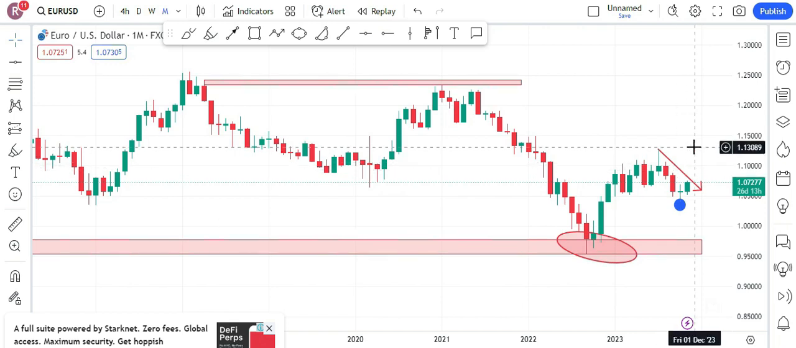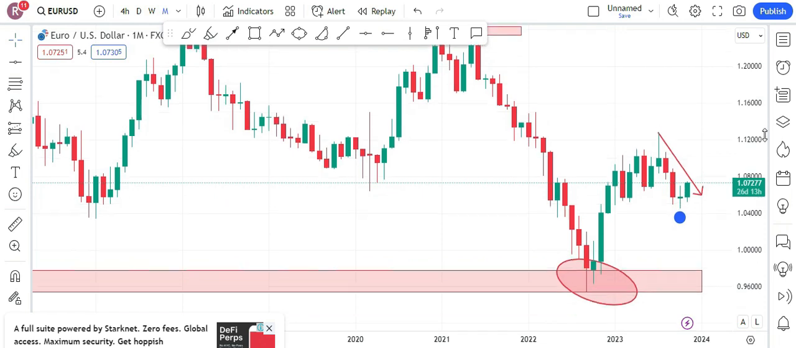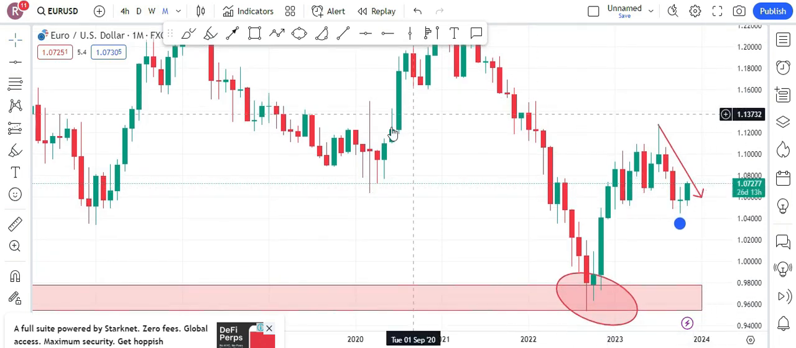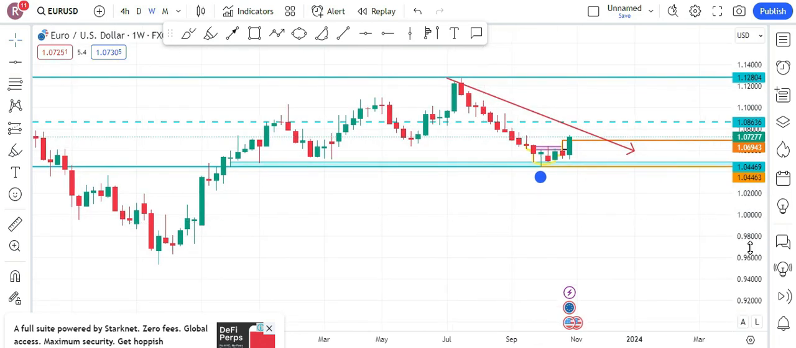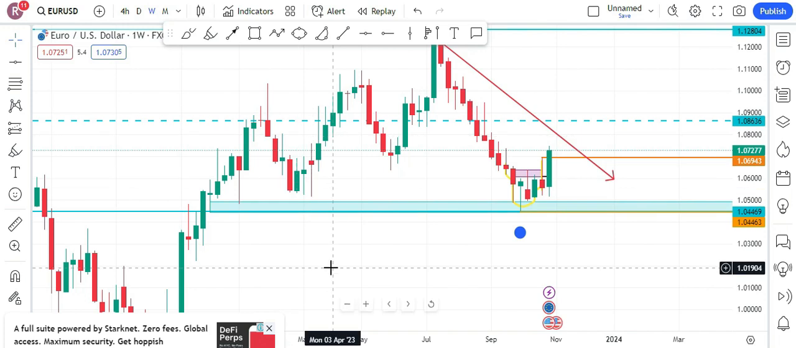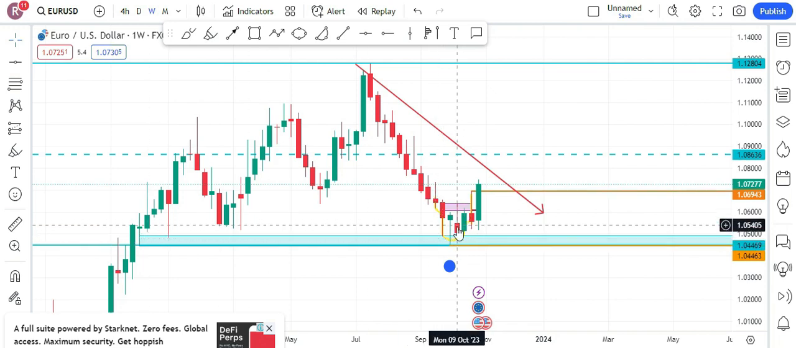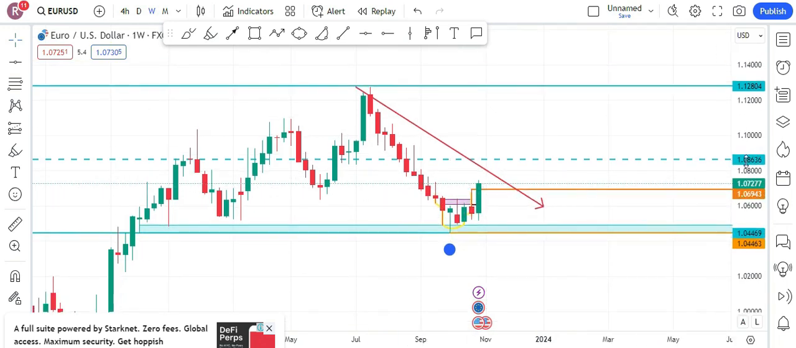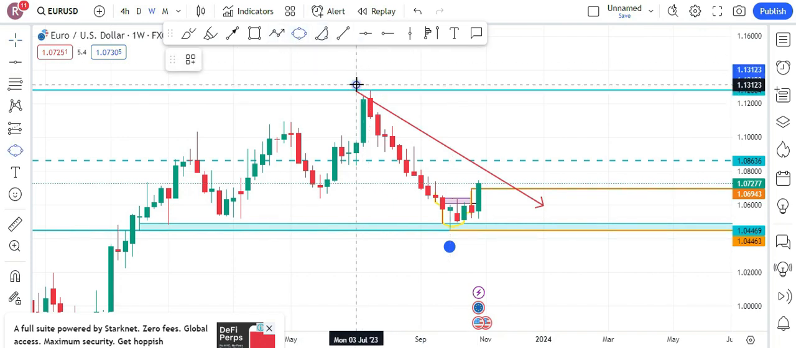Okay, so let's move on to the weekly time frame. Here in the weekly time frame, we can see that a double bottom has formed. This is the double bottom, and this double bottom created this upward move and the week range started. The top is here in the week, this is the top,